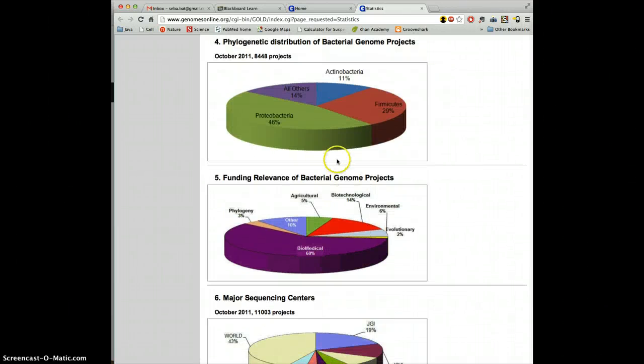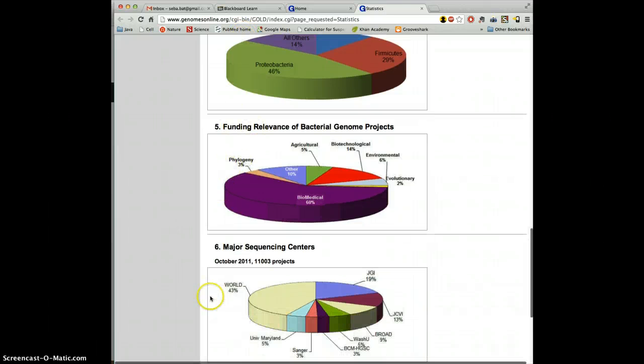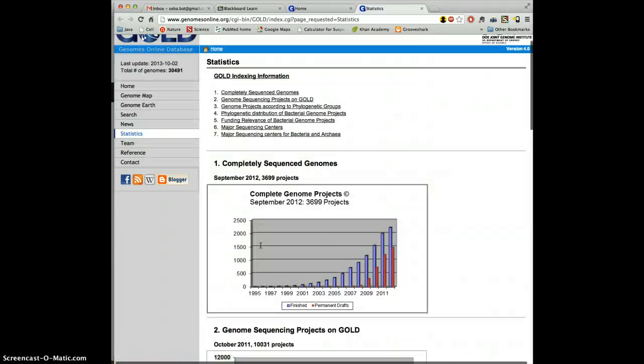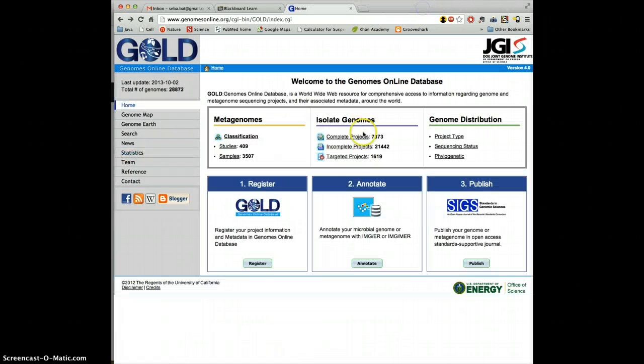We can also look at other statistics with these pie charts based on the phylogenetic distribution of the bacteria, the findings, and where those were done, for example, Broad Institute, Maryland, or the rest of the world. And here, specifically for archaeal and bacterial genomes, where they were done around October 2012. So if we go back to the main page here,